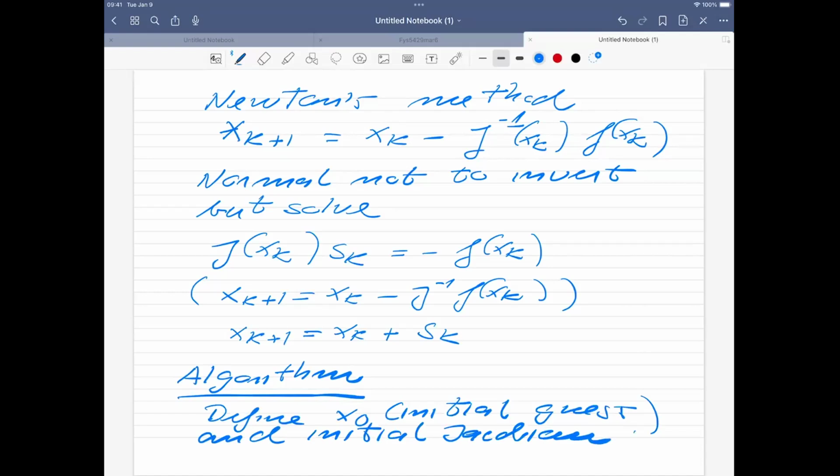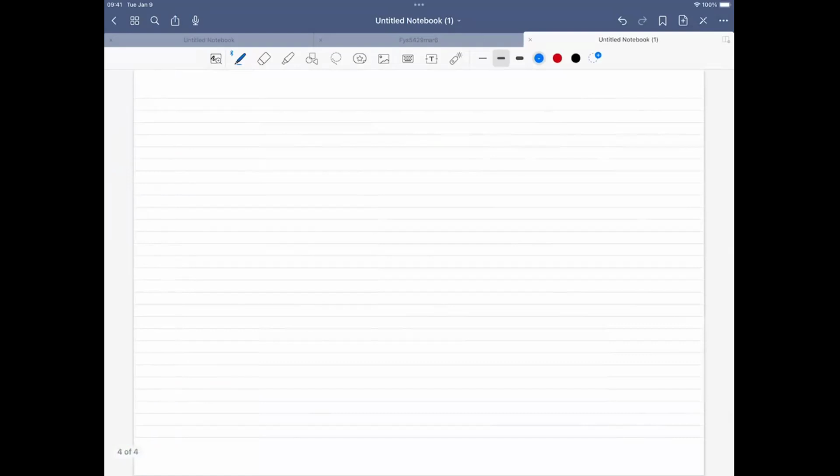And let's just call this B0. And then the algorithm you would set up is as follows. You would then, for k equals 0 to the number of iterations, max iterations, so you need to set that up,